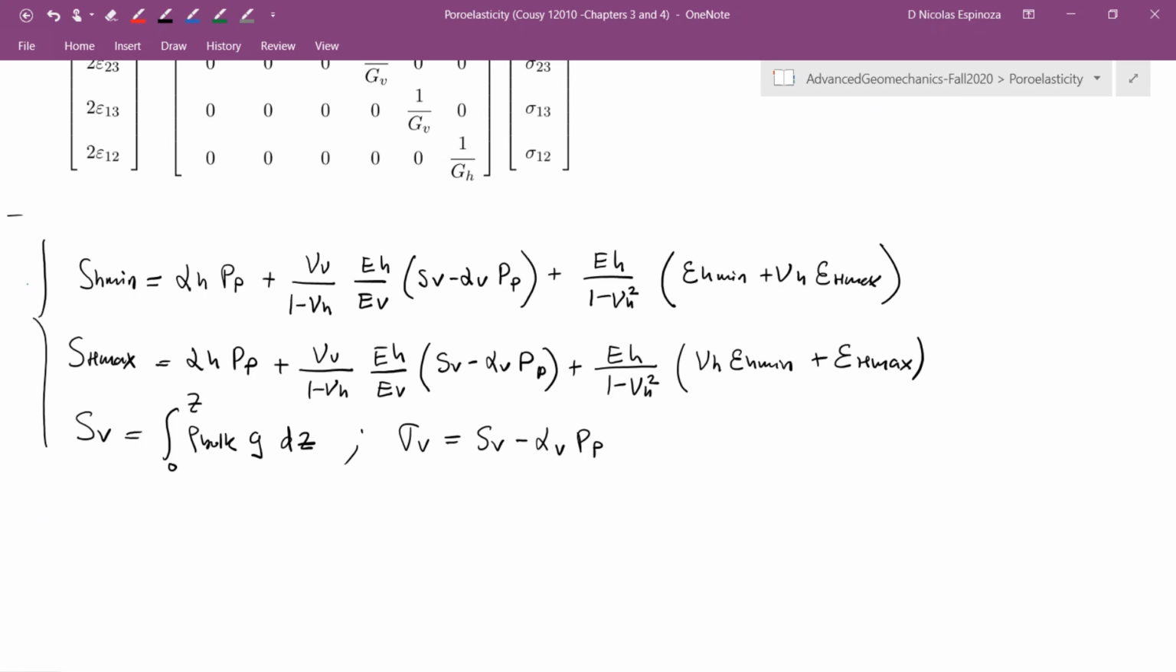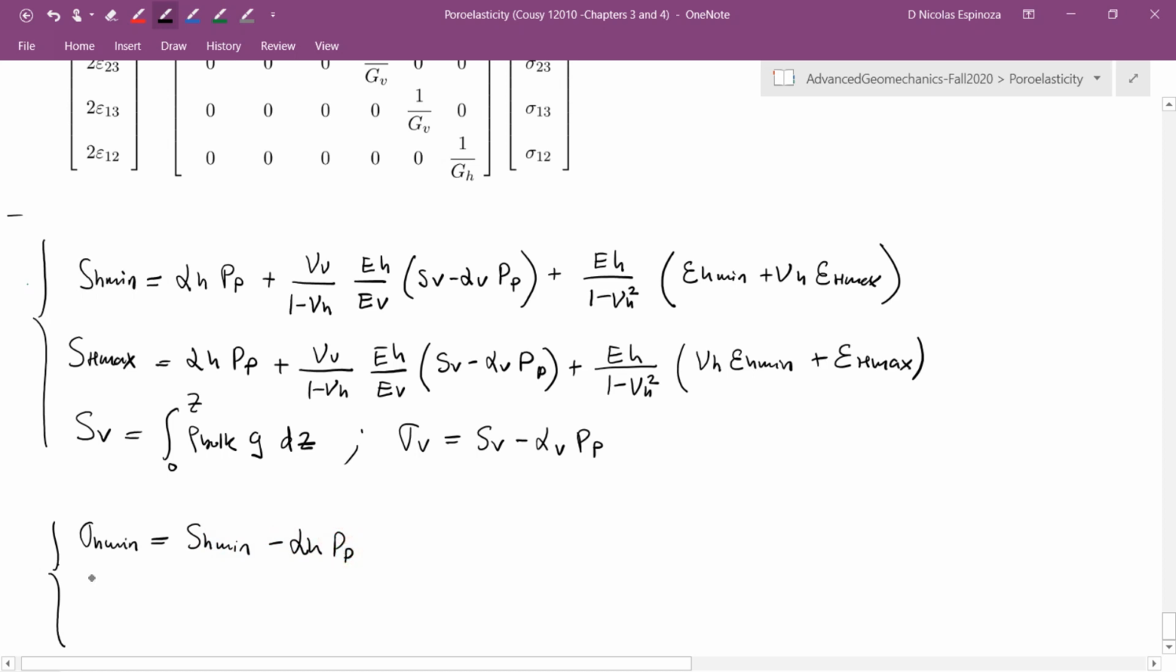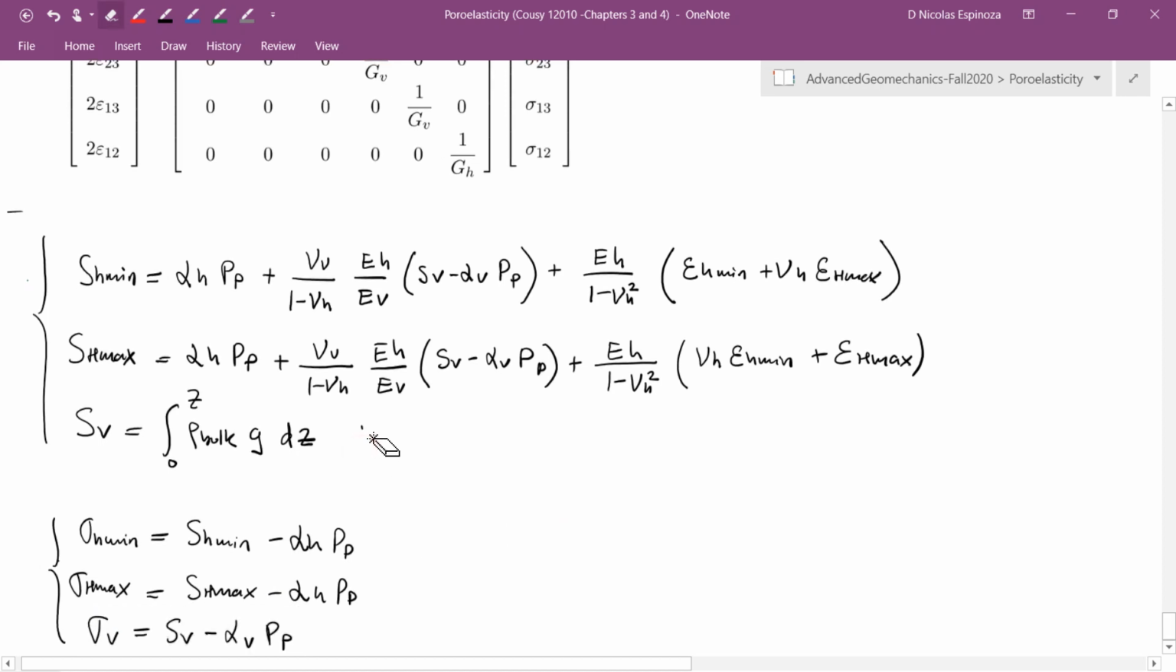This is something that has been covered before in the lecture on vertical transverse isotropic materials. And here we see new coefficients that we didn't see before. And those are alpha H and alpha V. So also for the sake of completeness, actually, let me write here that sigma H mean is going to be SH mean minus alpha H pore pressure, sigma H max is SH max minus alpha H pore pressure, and let me move this equation over here so it looks consistent to what I have underneath. Okay. Well, this is sigma V,